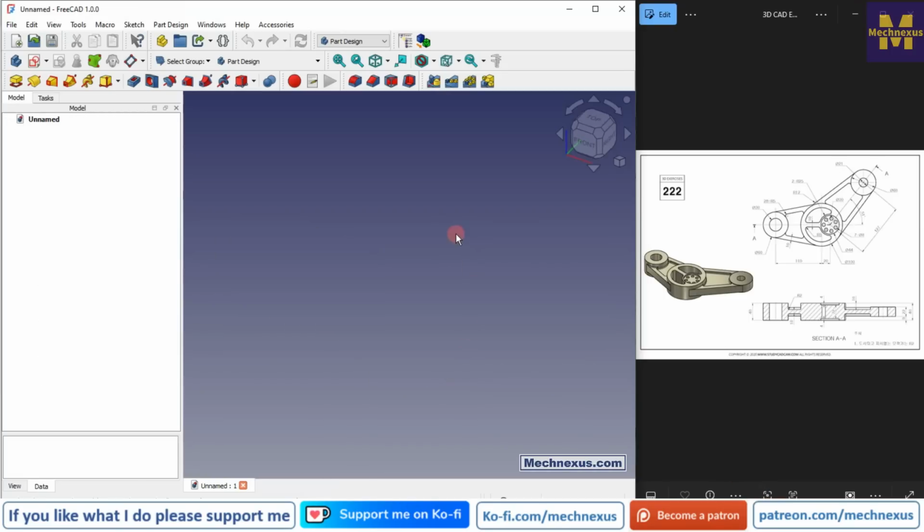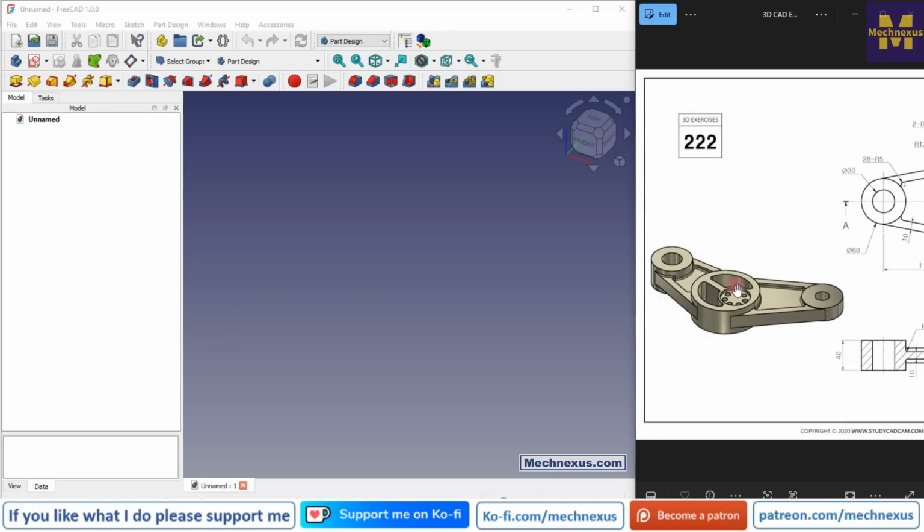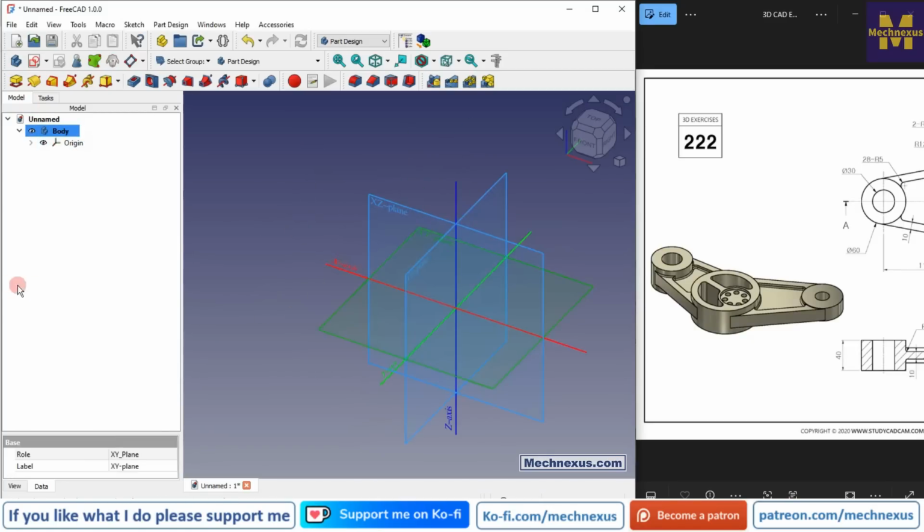So here I have created a new file, and Part Design workbench is active, and now I will create my first sketch. For the first sketch we will create this circular profile first, and for that we require a body. So we will insert our body, and on this origin plane I will select this top plane and click on the sketch,